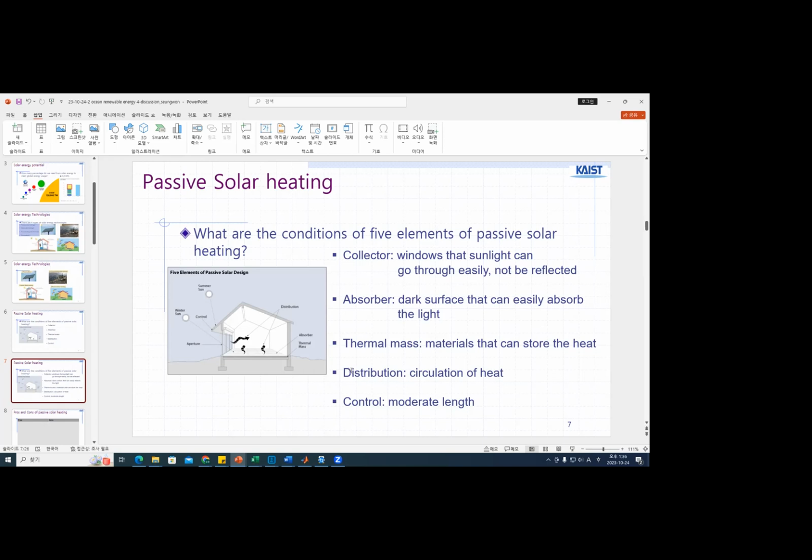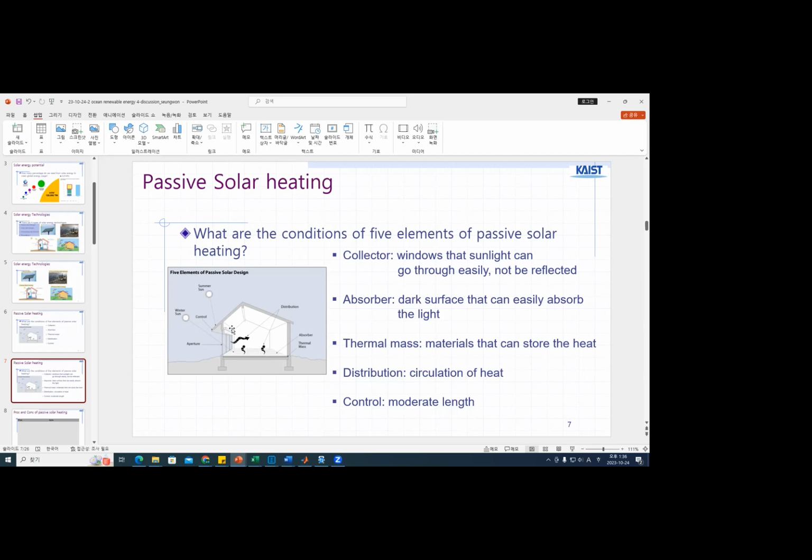And fourth, the heat distribution must happen in the room. So we have to design the room so that heat can be circulated easily. And on the control side, we have to choose a moderate length. If you see the picture on the left, in the summer the height of the sun is really high. So if the control size is too short, most of the light can come through the window, so it will be heated very